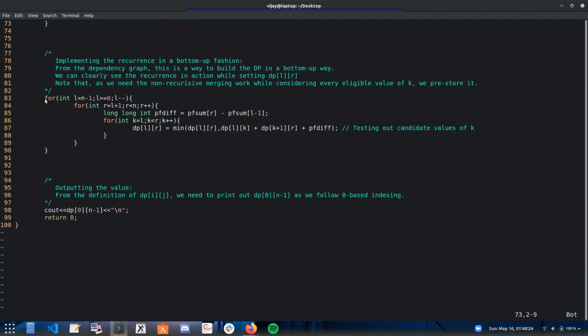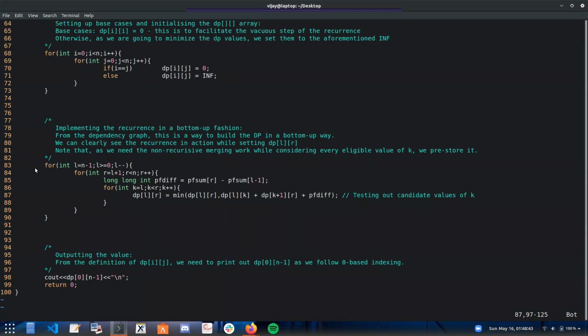So like I mentioned earlier, this is the loop. So we go from right to left for L. So L is I in this context. And we go from left to right for R. And clearly R has to be 1 more than L at least, because otherwise it'll just be 0. And this is K equal to L, K less than R, K plus plus. And we use the recurrence relation we just explained. So that is this, 83 to 90 is basically the crux of the algorithm here.